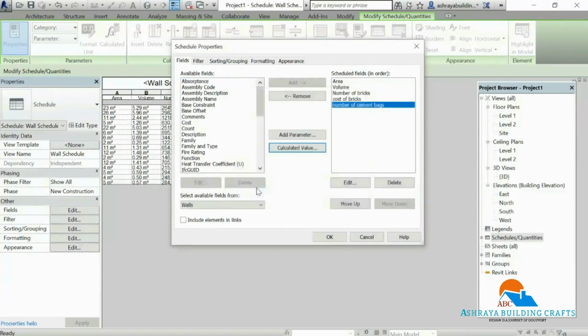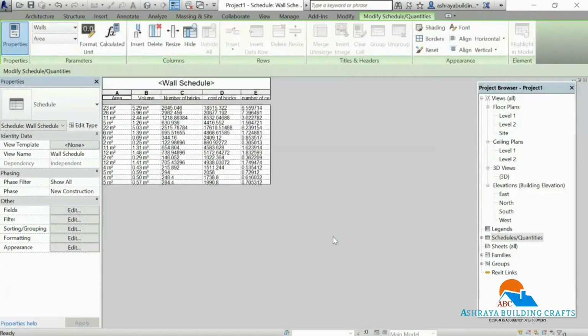OK, this represents number of cement bags required for the brick masonry.